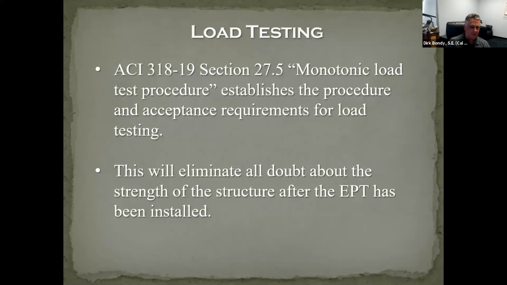But once you have passed a load test, it now no longer matters if you understand the structure, the way it was built. If you got it all wrong, it doesn't matter. If it passes a load test, the building code says it is a viable, strong enough structure. End of story, period. So if there's any doubt, if you want to cover yourself in liability, or just give yourself peace of mind and sleep at night, when you're done with this, get a load test, apply a load test, and sleep well. Eliminate all the doubt that what you've done